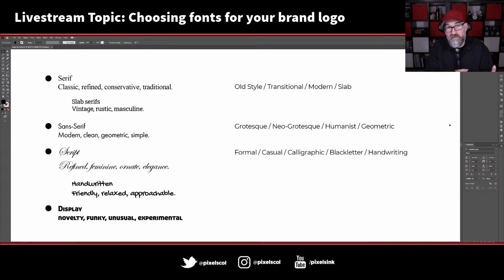It might look like a slab or it might look like a serif, but if it's been experimented on and made to look more funky, you'd probably be like, I probably wouldn't use that. If I was writing a blog or an article, I wouldn't use that as my headline or sub-headline font. It would just look too weird.